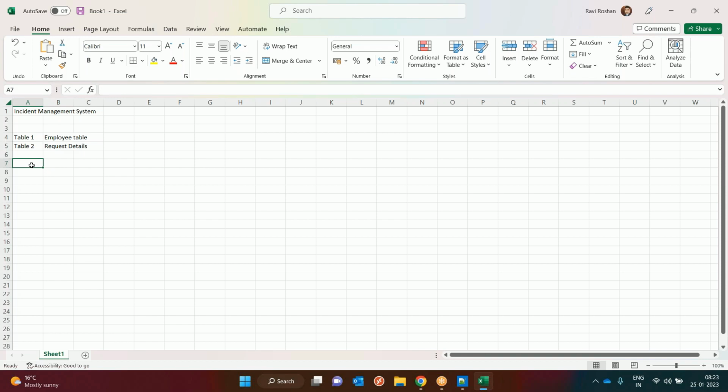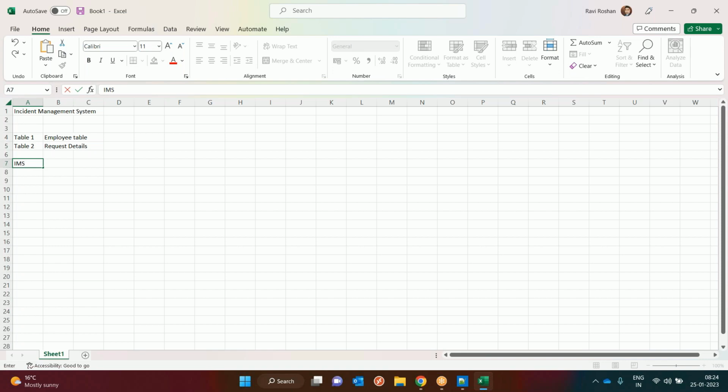Okay, I'll just give you one thing. Our application we are going to name as an incident management system, so I'll say IMS. This is a prefix of our application. Appian suggests that whatever your application name, don't use the entire big name, otherwise the application name will be very big and the objects that you create will have big names. So Appian also suggests, whatever objects or rules you create, put the prefix of your